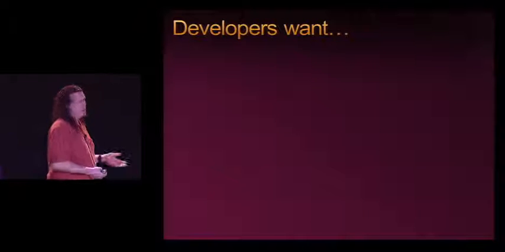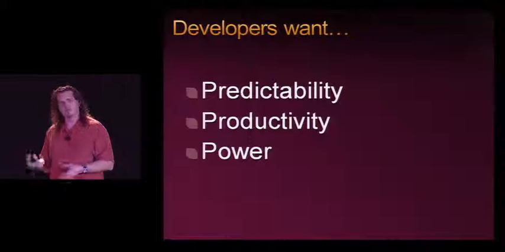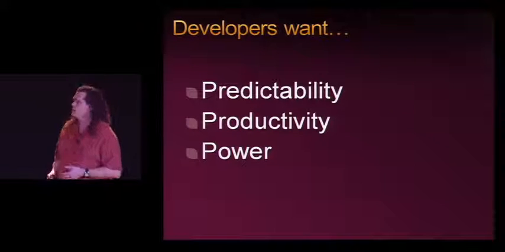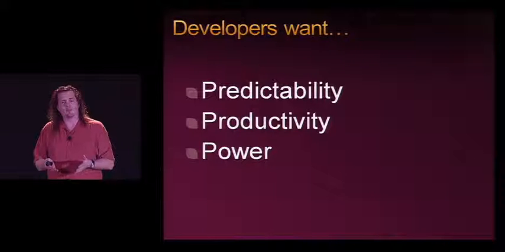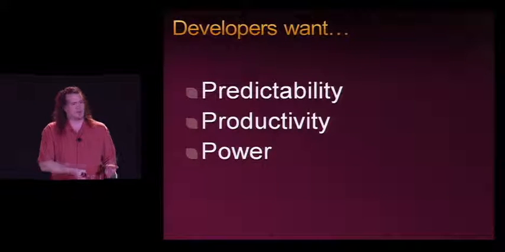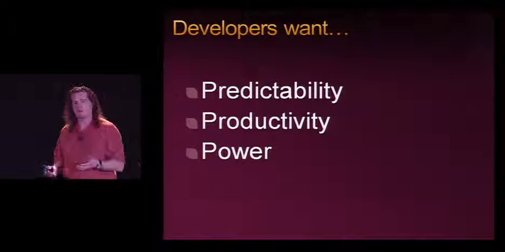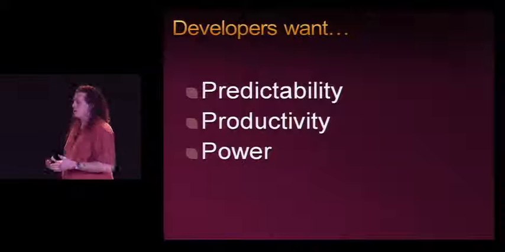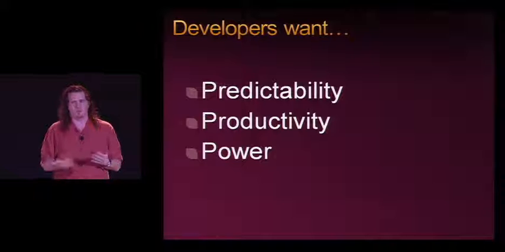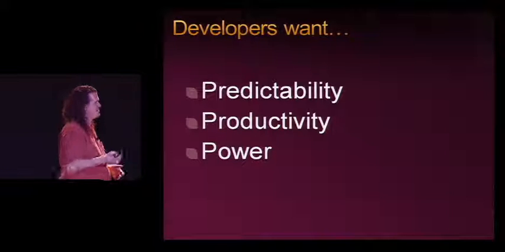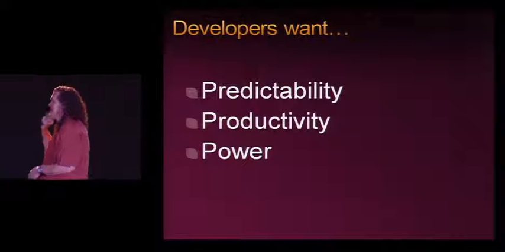Now, developers, on the other hand, actually want pretty much the same thing, just in slightly different ways, right? Developers want predictability. They want the browser to just work. But their definition, of course, is if there is a specification, if there is a standard for what you're supposed to do, it should work that way. It should work the same way across browsers. They also expect predictability in that when we ship a new browser, we shouldn't break their site. And as this gentleman in the front row just informed me, we broke his site with our beta release.